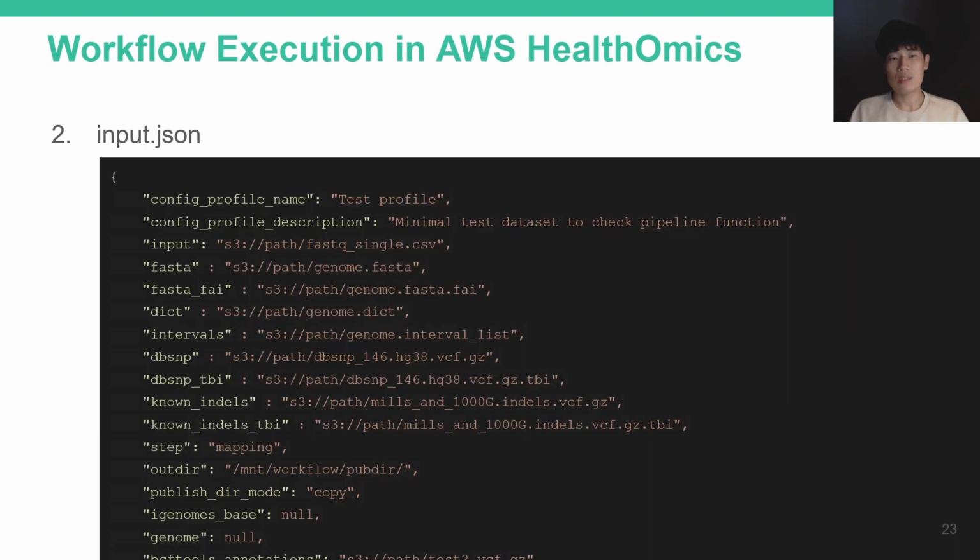This input.json file is the list of parameters that Sarek needs. If you're following my process to recreate the task profile, you need to make a JSON file like this, and don't forget to change the path to your bucket. And I should point out one more thing, the outdir parameter. You can see that the outdir parameter is written as